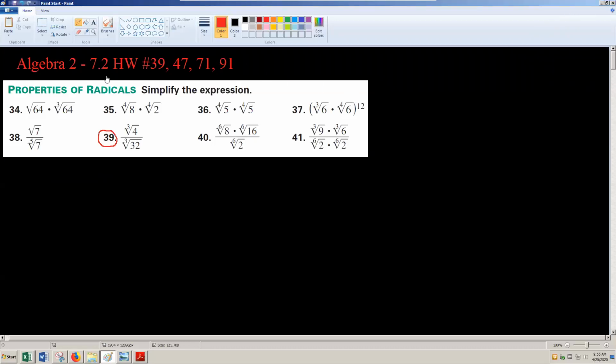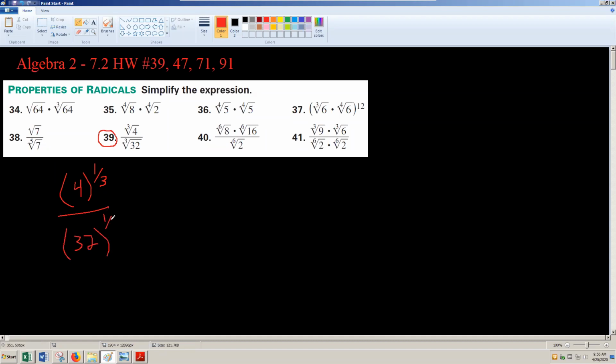So here we got 7.2, number 39, and we're trying to simplify this expression. I have a root 3 on top, and I have a root 3 on bottom. If I wanted to rewrite this, I could write it in exponential form. More often than not, I will rewrite it in exponential form just because I think people have an easier time seeing it, but really, it's the same either way. So I'm going to represent it as 4 to the 1/3, over 32